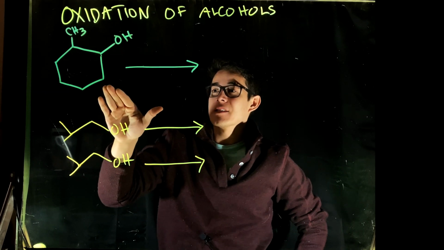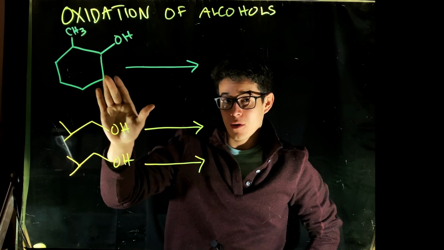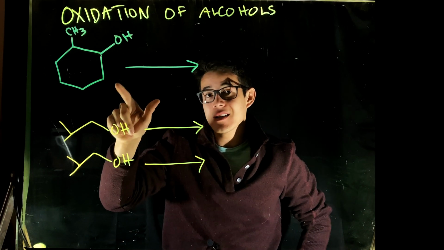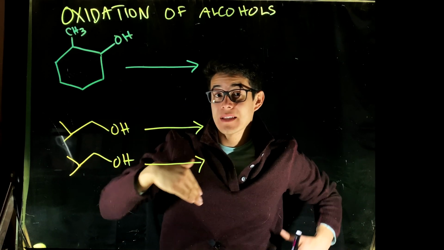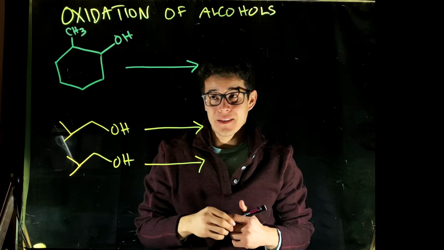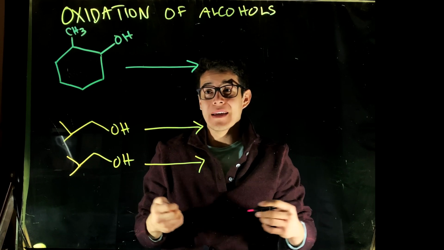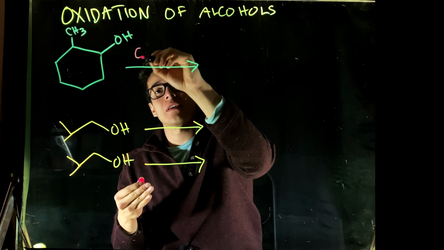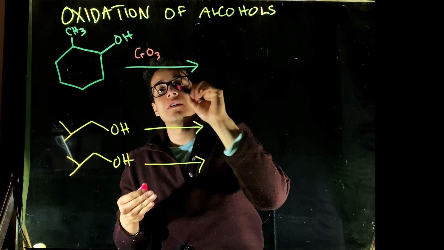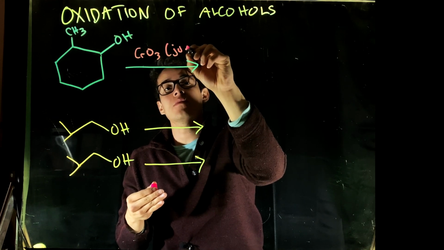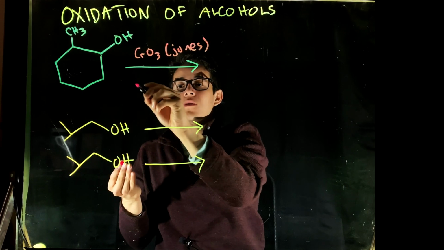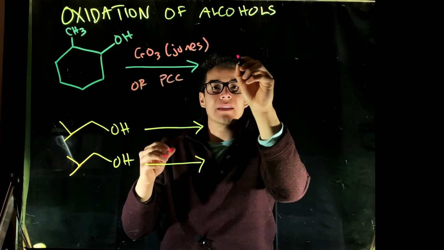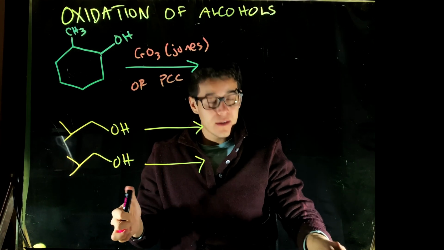Here, I went ahead and showed us a secondary alcohol. This whole series has been about alcohols. Now, we can oxidize this alcohol into something that's in a more oxidized state. How we can do that is using an oxidizing agent. An oxidizing agent could be CrO3, which we could call Jones, or we could have done PCC. Either way, it's going to give us a product that looks like